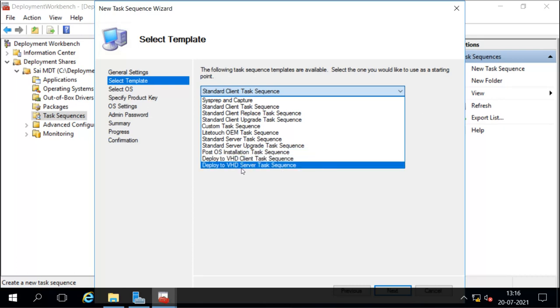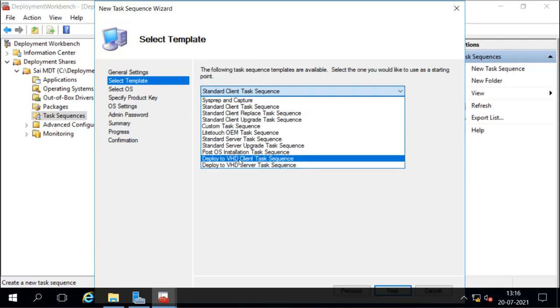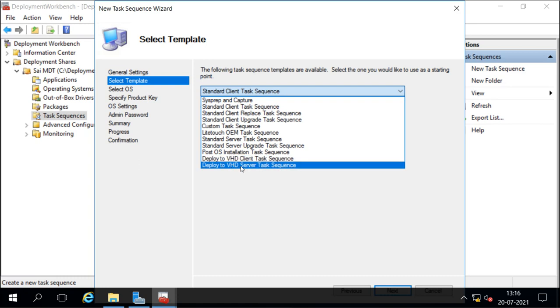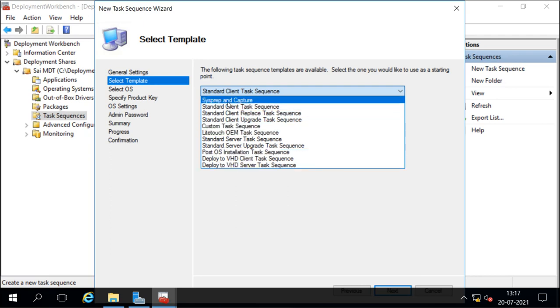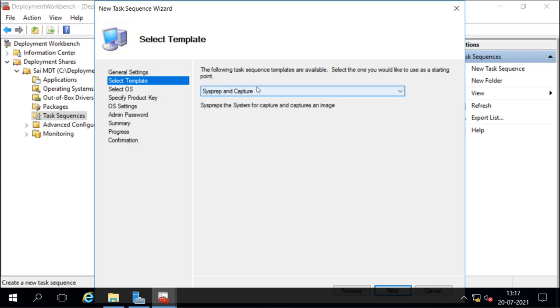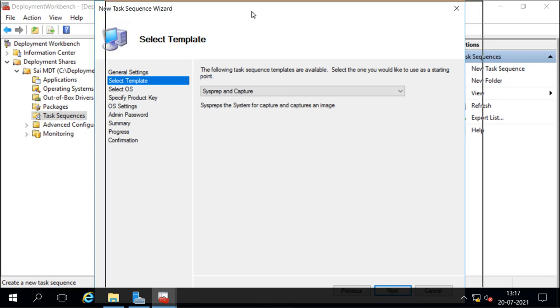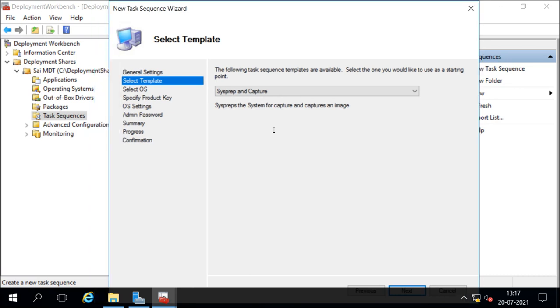That means for virtual machines: client VHD like Windows 10 or 8 VHD, or for server, that means the server's VHD file, Server 2016 or 2012. Then we can also create the task sequence to capture the image. As I said, we can create the capture image task sequence. Then when we start the task sequence on the client machine, the reference computer, it will start capturing the image and store it into our operating system share, and then we can use that to deploy other computers.